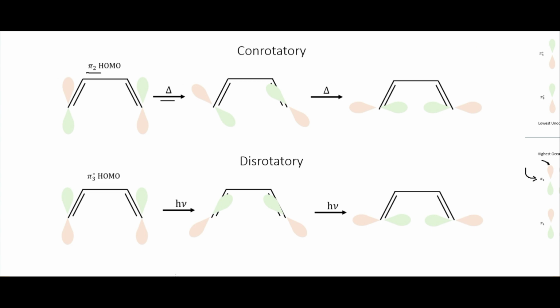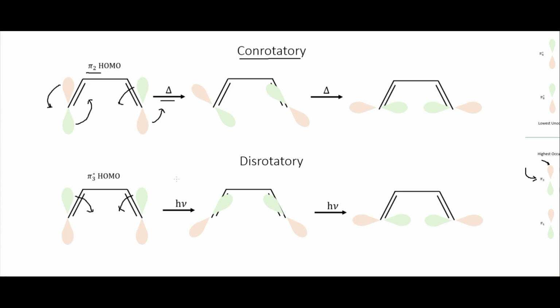So remember, when we want the bond to form, we need to have these orbitals in phase. And so in order for this to be in phase, then this one would have to rotate this direction. So that's rotating counterclockwise, and this one also would have to rotate counterclockwise. That's why it's called conrotatory, because they are rotating in the same direction. And in particular, we're talking about whether it's counterclockwise or clockwise. When I first learned this, I always wanted to think, well, if they are both rotating where the lobes are both going inward, such as what we see up here, where this one's going to go inward there, and this one's going to go inward there,